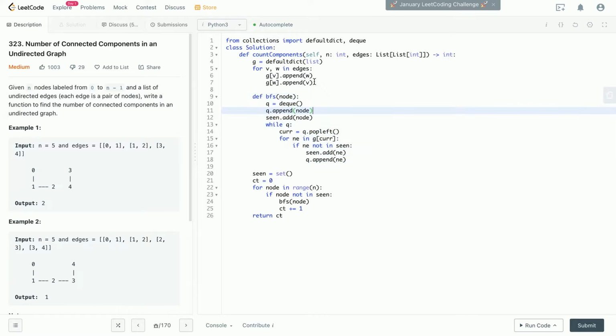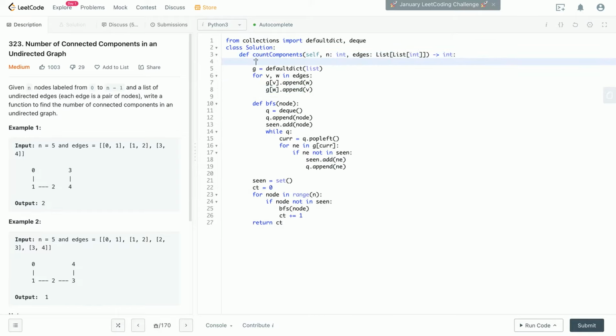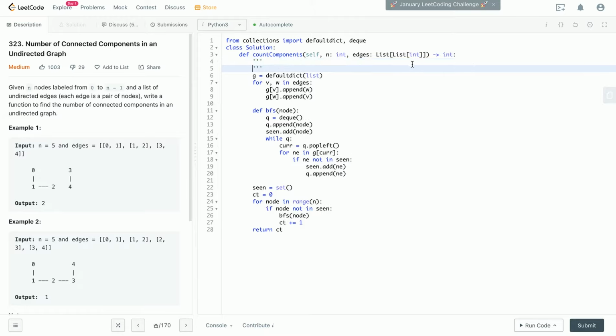And what we do here is, because we are only given an edge list, and it's easier if we have a graph, that's why I create a dictionary of default lists. So basically, this will look like this. I think it's called adjacency